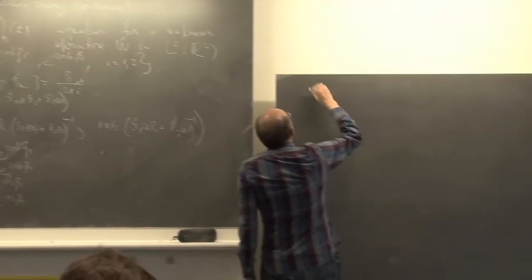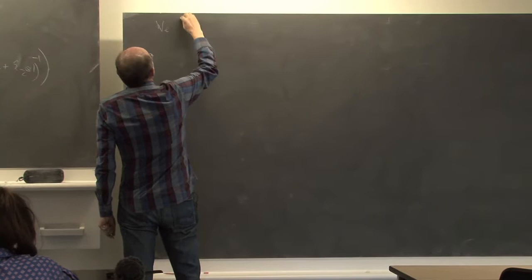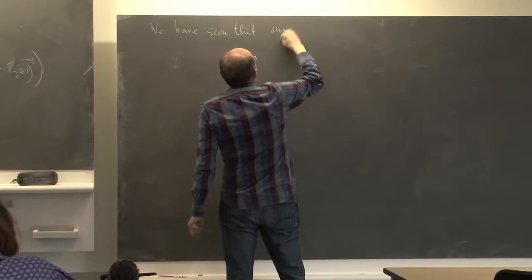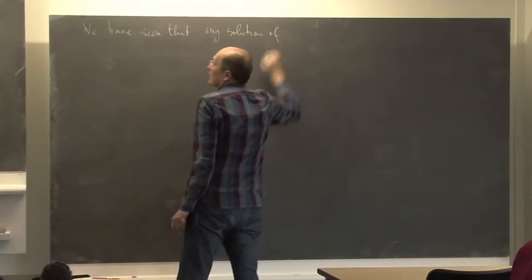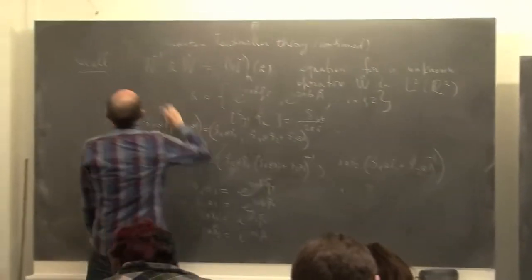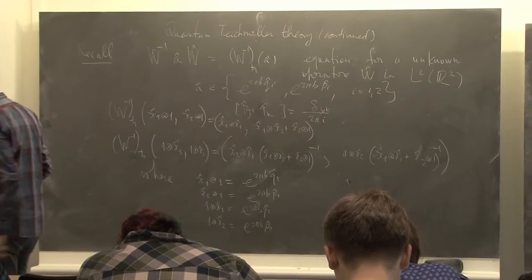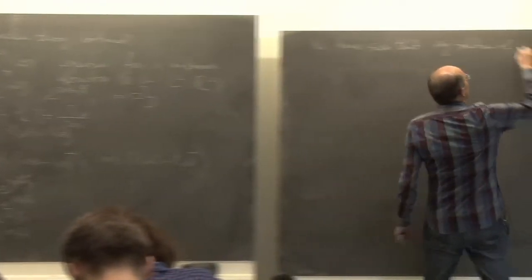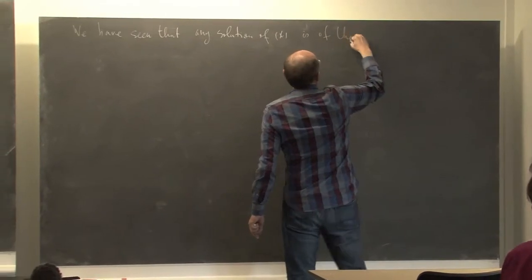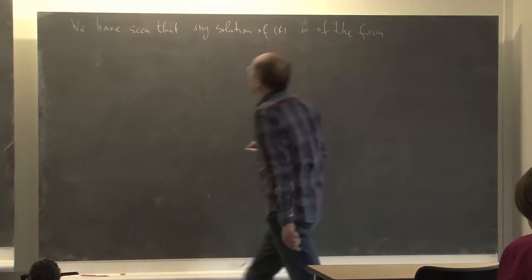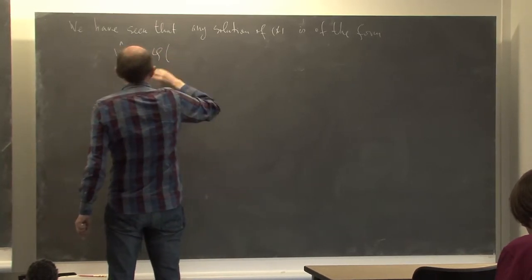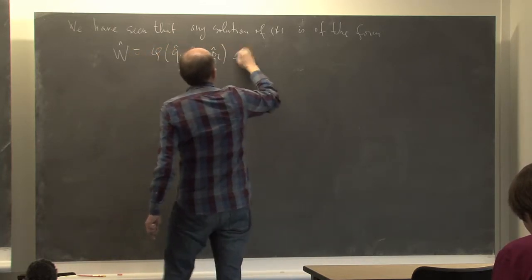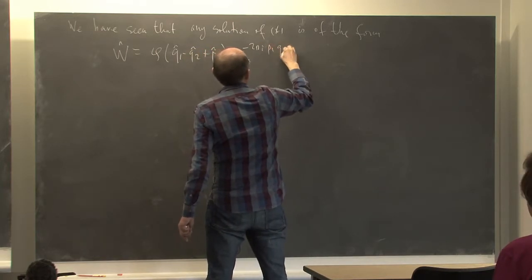So we have seen that any solution of the system is of the form W hat equals phi of Q1 minus Q2 plus P2 as argument, times e to the minus 2 pi i P1 Q2,